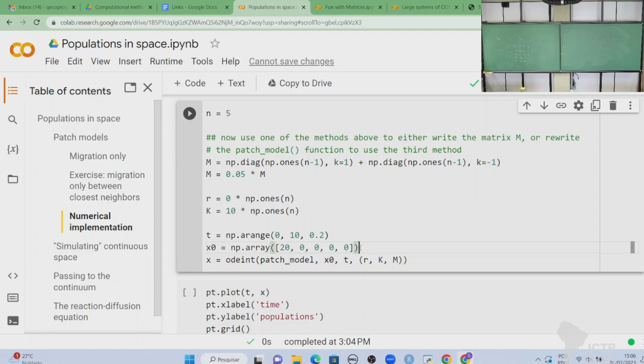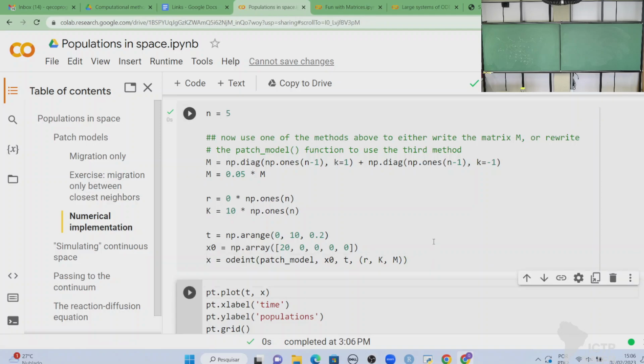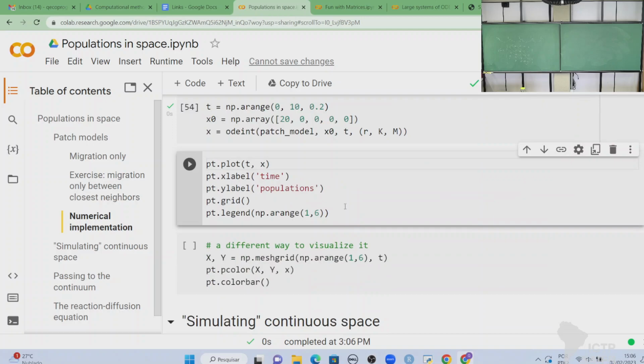What do you think? So now we don't have all patches connected to all the other patches. I only have the nearest neighbors connected, yeah? So what does that lead to? Does that make a difference? So let's see, right? So I'm going to solve this model,